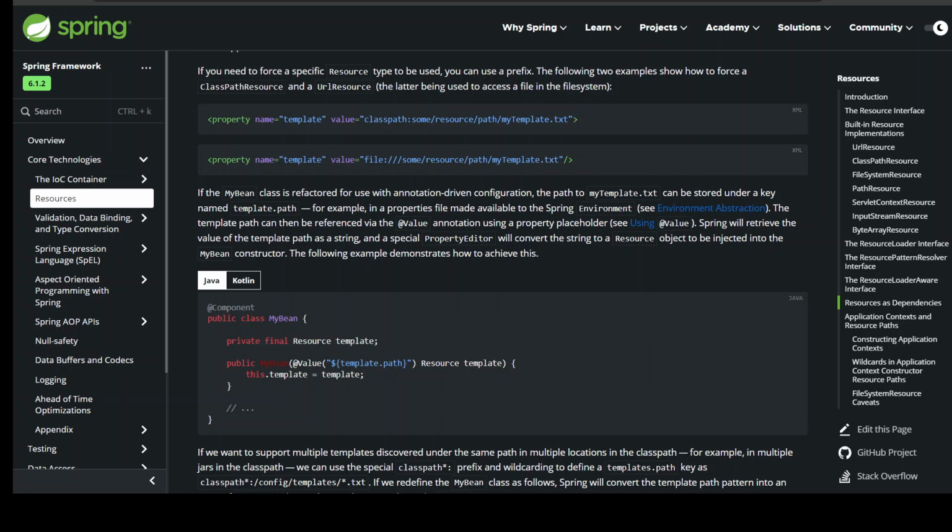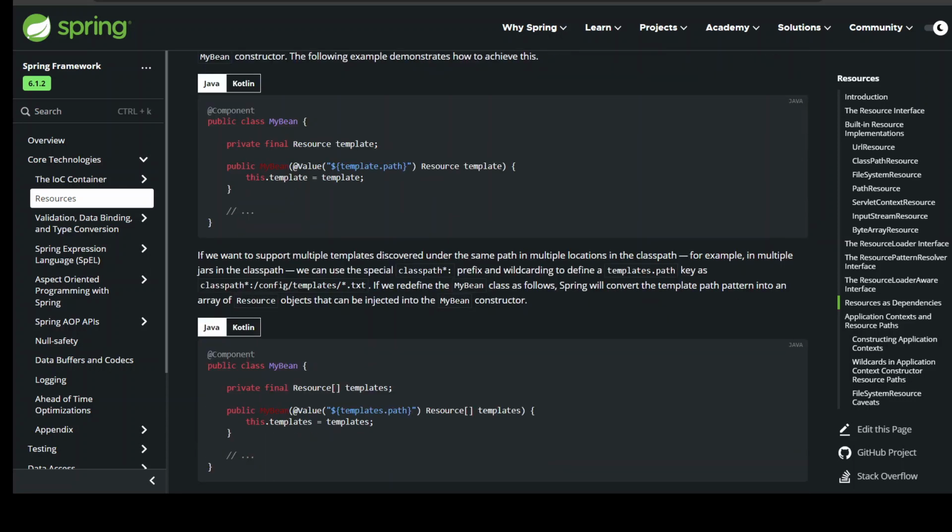@Component public class MyBean { private final Resource template; public MyBean(@Value("${template.path}") Resource template) { this.template = template; } } If we want to support multiple templates discovered under the same path in multiple locations in